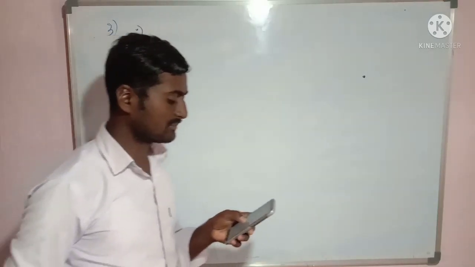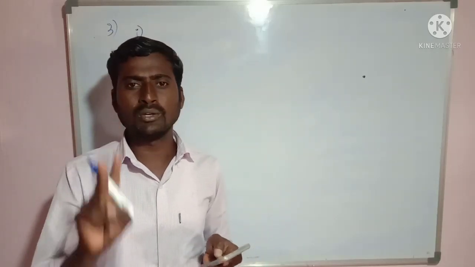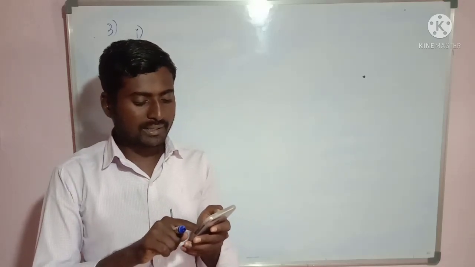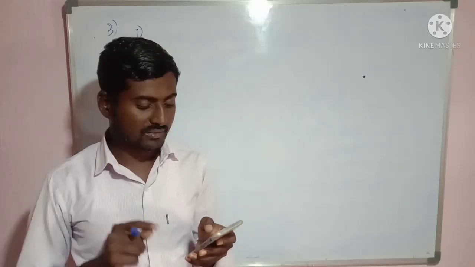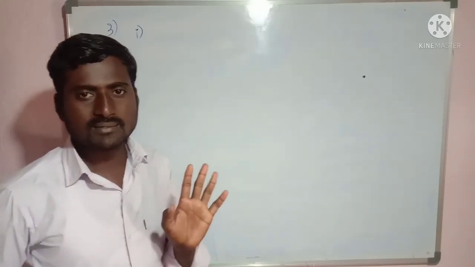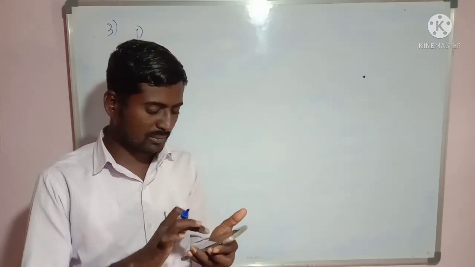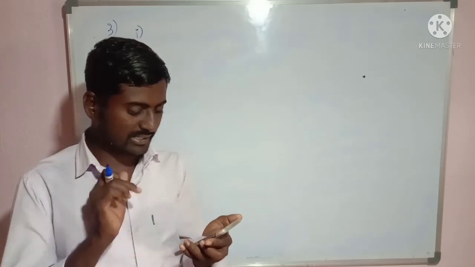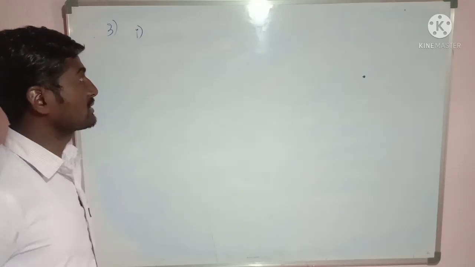What is the statement they have given? The difference between two numbers is 26. There are two numbers. Difference of them is 26. And one number is 3 times the other. One number is 3 times the other. Find them. We have to find it. There are two numbers. Difference of them is 26. Am I right? So difference of the two numbers is 26. Yes, it's 26. One number is 3 times the other. We have to find those numbers.